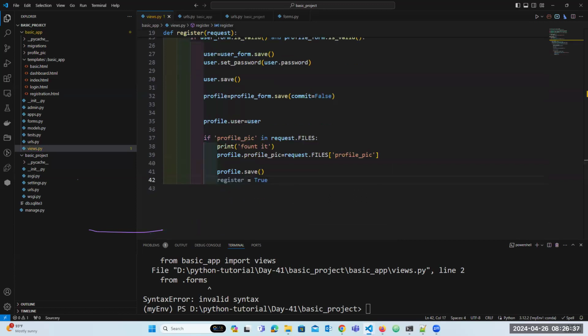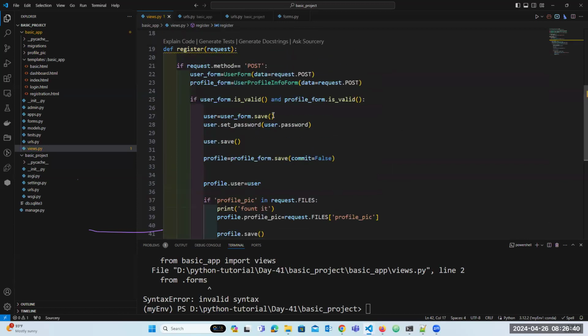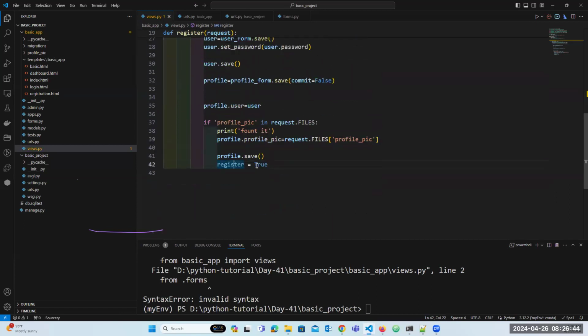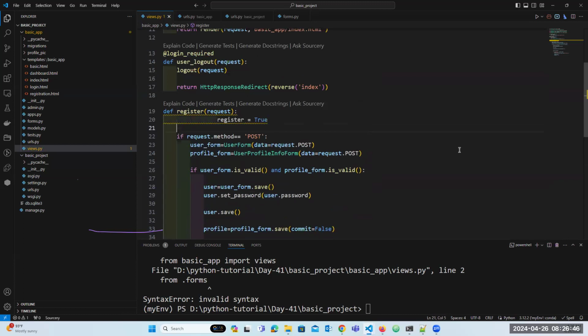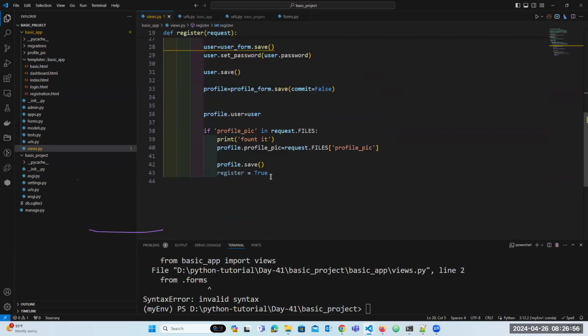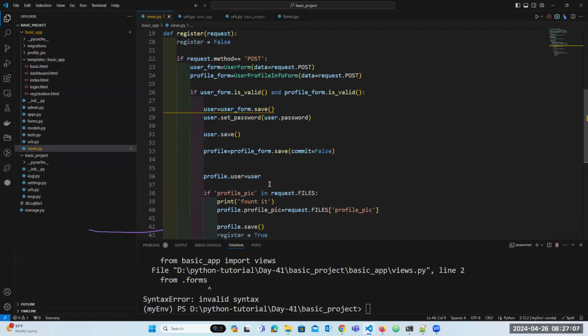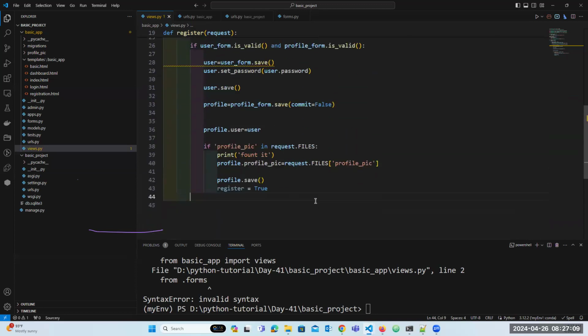So first, if the registration is false, I need to create the variable here. Registered is False. The first time I send registered as false, and finally, if the registration is true, then the profile picture will be saved. Here what we are saying is an if condition, else what I'm doing is